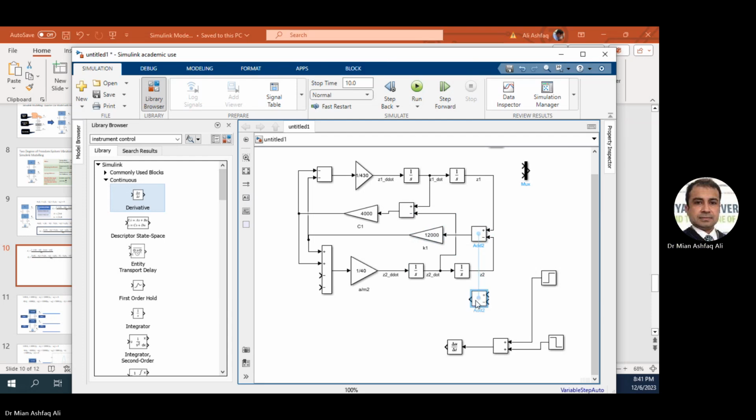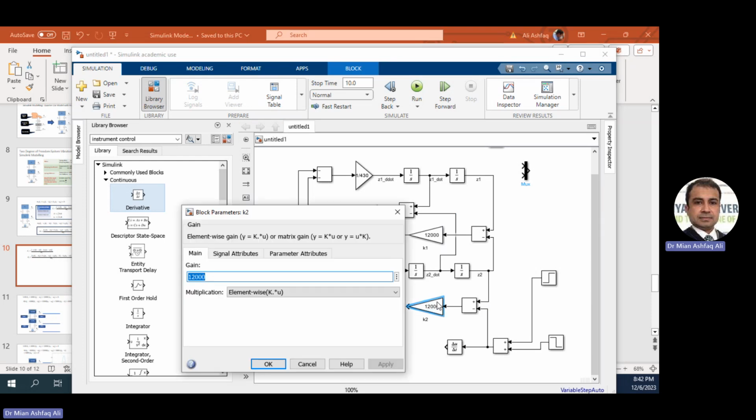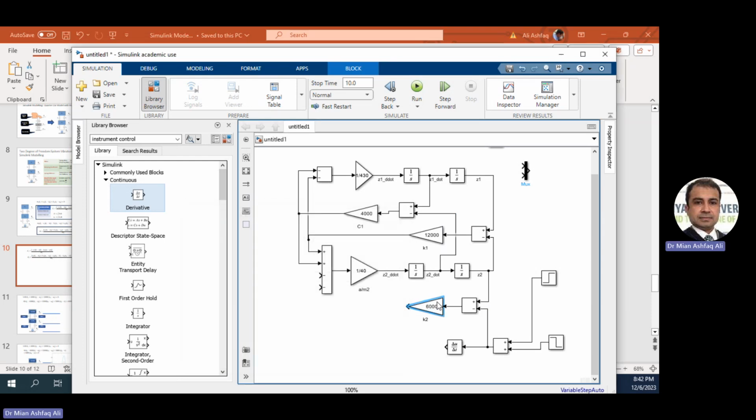make a copy of those two, and in order to get the force, I need to calculate Z2 minus U, and that's the U, and multiply this with K2. The value of K2 is 6,000, and then embed this force into the system. Similarly, I can choose